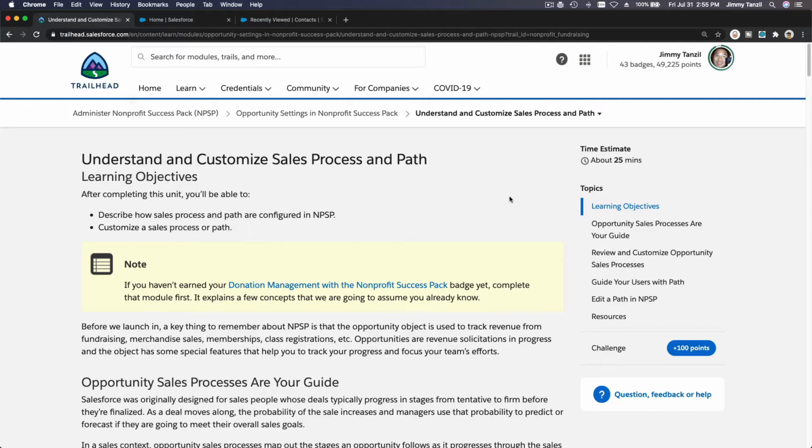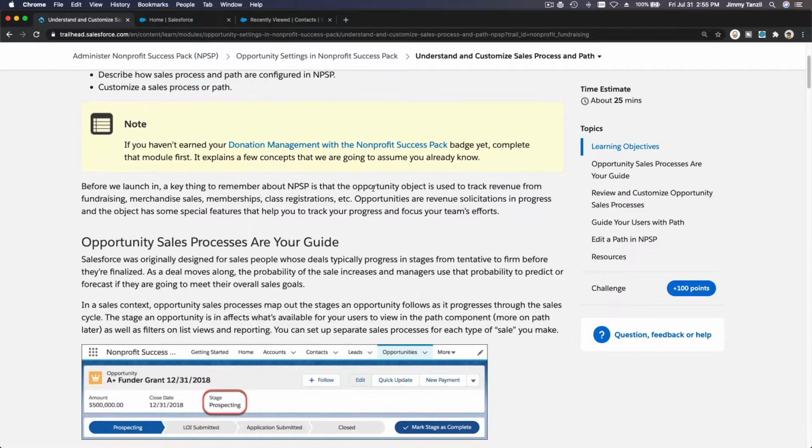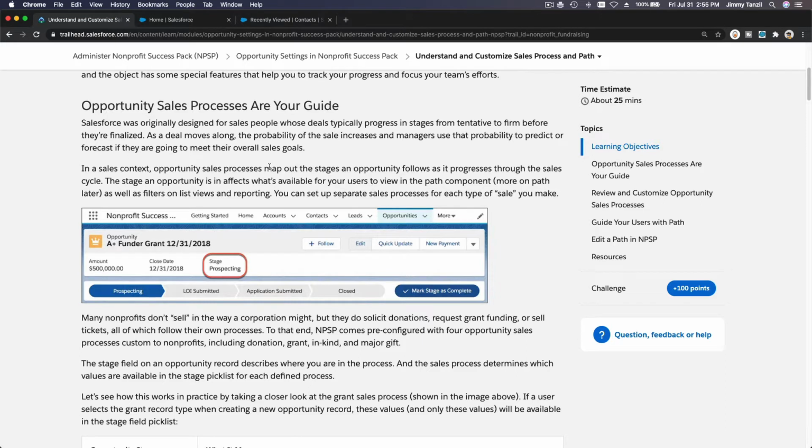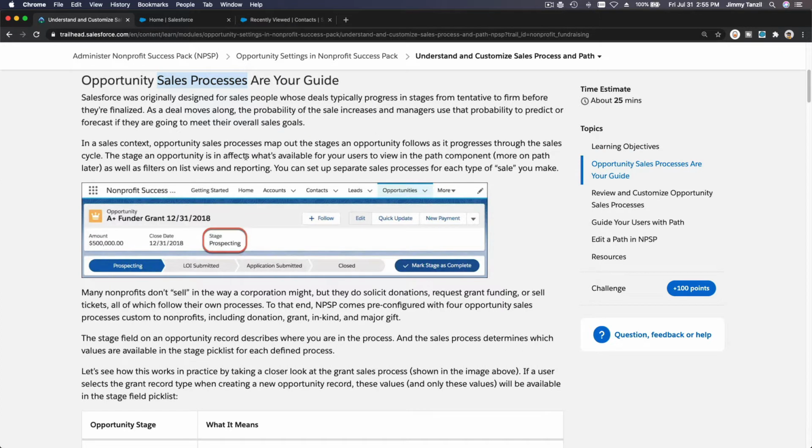Okay, let's talk about sales process and path. In this section, we are going to create a sales process and a path. So, what is a sales process? It's basically to help your organization and your staff members to see where an opportunity is at visually, so they